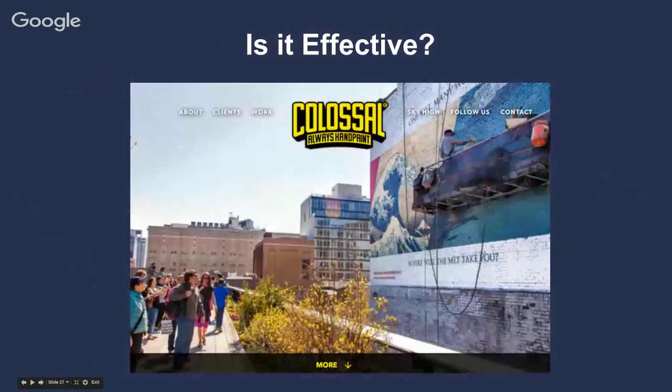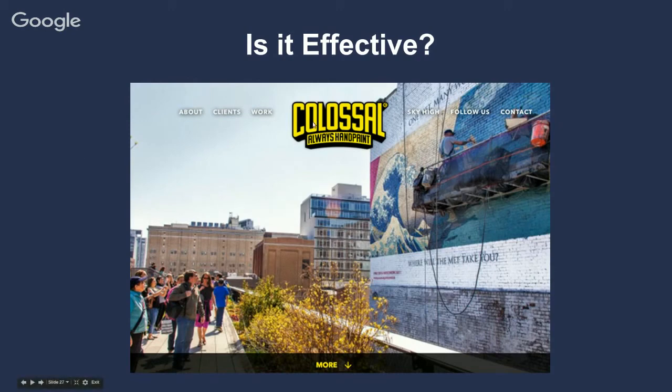The Colossal website features a large photo on the homepage showing what they do. They hand paint large ads and murals, and how they do it. Check out the man on the right. The interesting thing about this photo is the people passing by on the left. They look excited about what they're witnessing, which involves you as an observer and makes the whole photo and message exciting and effective.